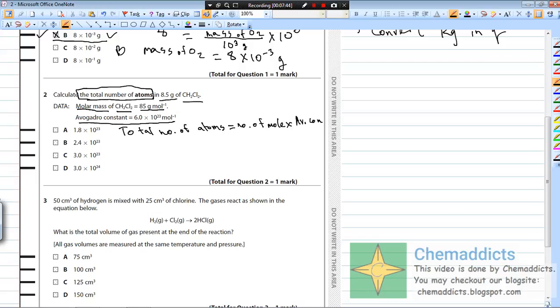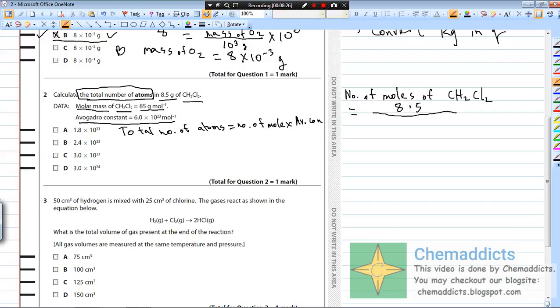So let us first find the number of moles. It is very easy to find the number of moles. Here we need to find the number of moles for dichloromethane, CH2Cl2. Since the molar mass is given and the mass is given, it will be much easier for us to find. So here the mass is given as